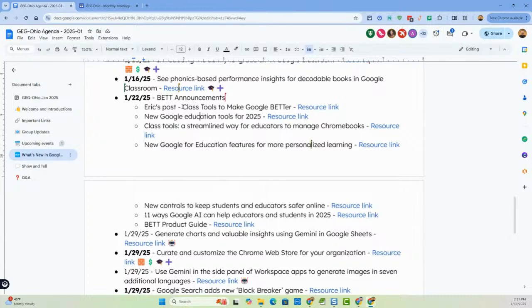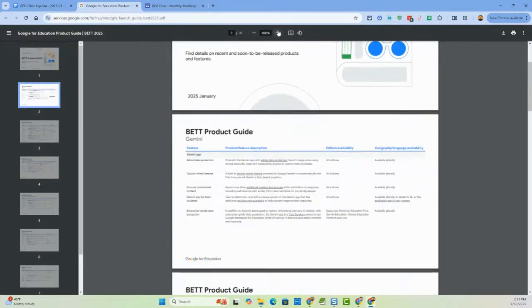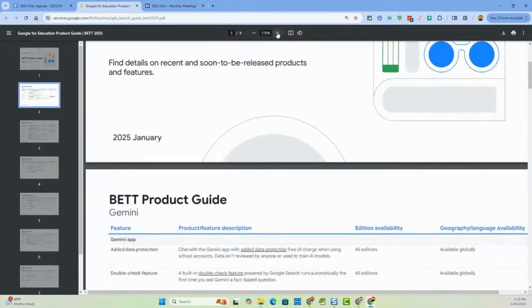And that's what I did a blog post about called Class Tools. So I'm going to chat about Class Tools really quick, but please check out all their blog posts. They did all these blog posts, including this product guide that's really nice. It lists all of the things. I think they, and I use announced very loosely here,